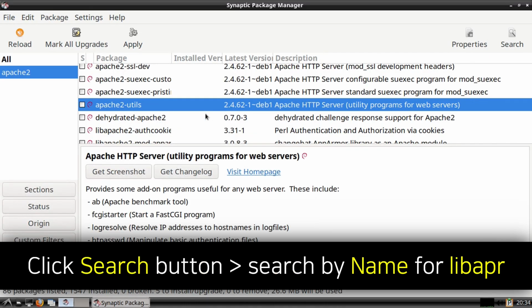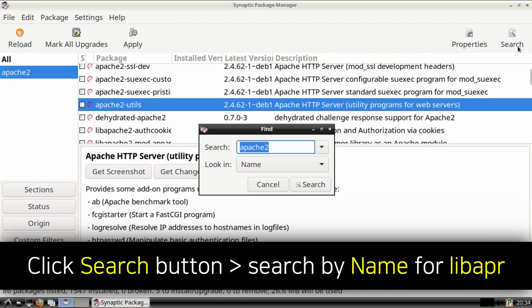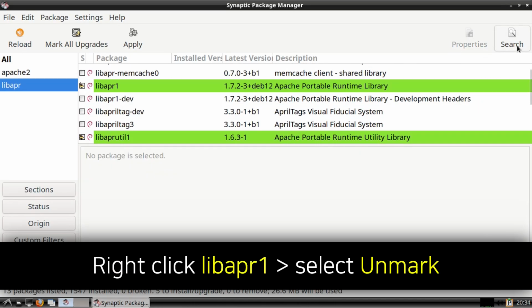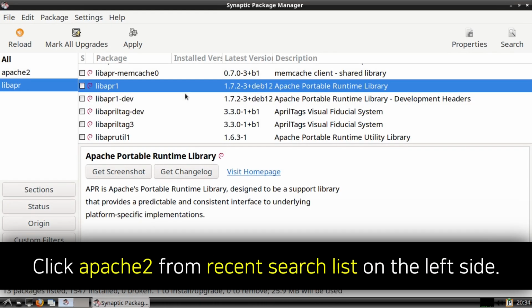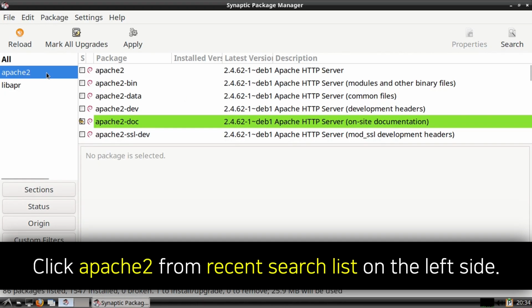Finally, we can click on the Search button from the top right, search by name for libapr, then we can right-click on libapr1, and select Unmark. Now if we click on Apache 2 from our previous searches on the left, we should only have Apache 2-doc